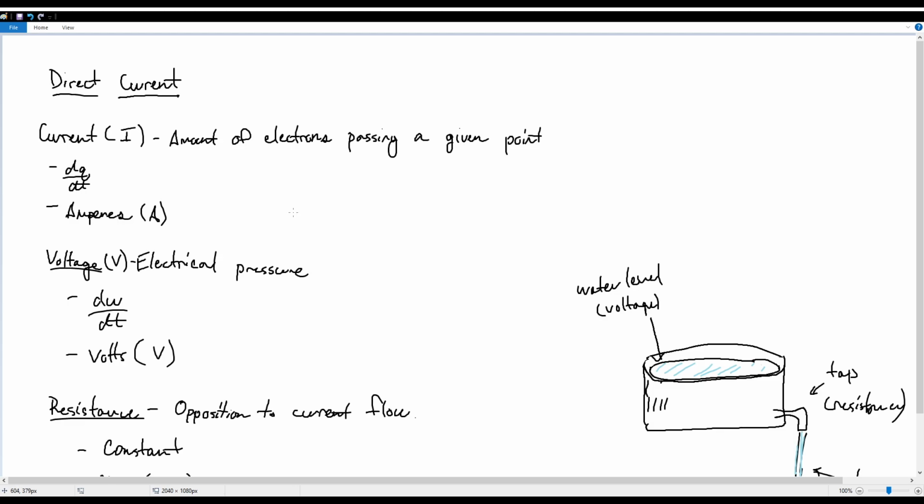So for direct current, which is a current that pretty much flows in one direction, either constantly or in impulses, the quantities are current, symbolized by capital I. What this means is it is the amount of electrons passing a given point. So you have, let's see,